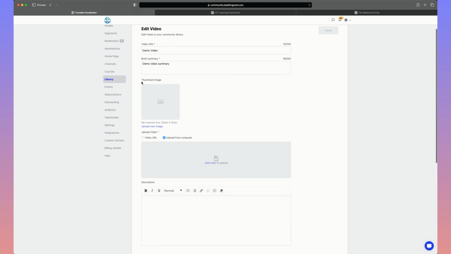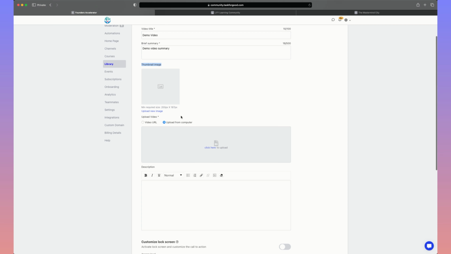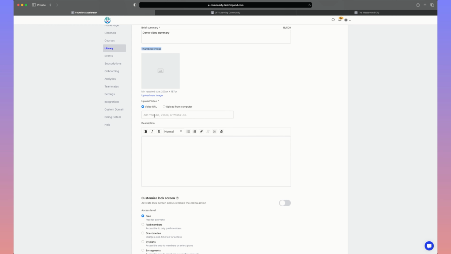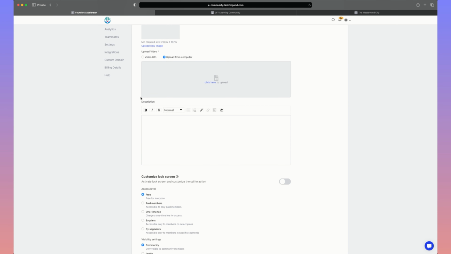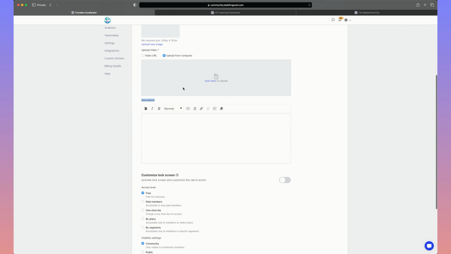And here you will be able to add a thumbnail image for your video that will be housed inside of your library. You'll also be able to select the source for your video. You can select video URL and grab a video from YouTube, Vimeo, or Wistia. Or you can select upload from computer and grab a video file from your computer. Next, you'll be able to write a description. This description will be publicly visible to members who are accessing this particular video that you store inside of your